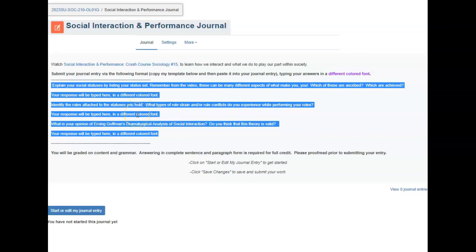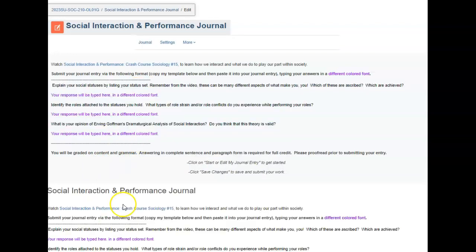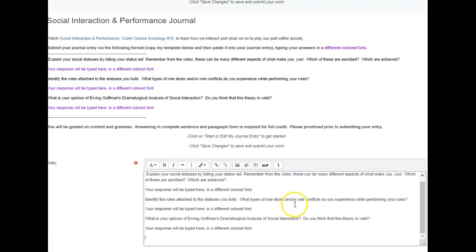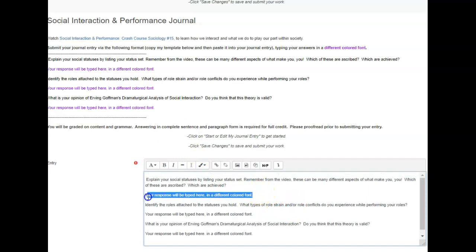So remember, I should be seeing college level responses here. That will be a paragraph for each one of the questions. Formatting is also important, so we're going to copy what is between the dotted line. We're going to click this Start or Edit My Journal entry. We're going to paste that right here in this entry box, and then your paragraph goes here.